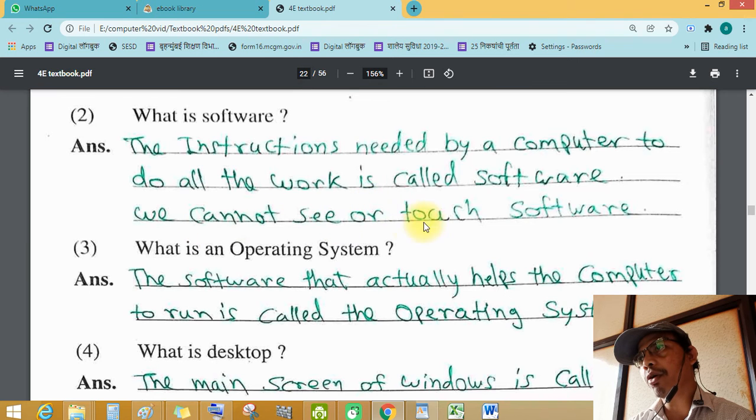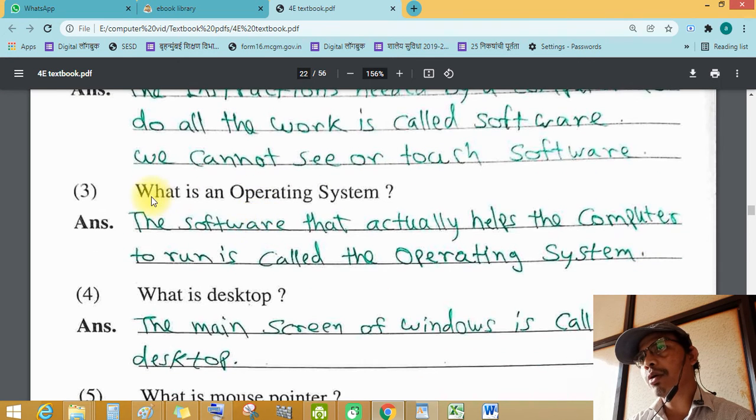We cannot see or touch software. What is an operating system? The software that actually helps the computer to run is called the operating system.